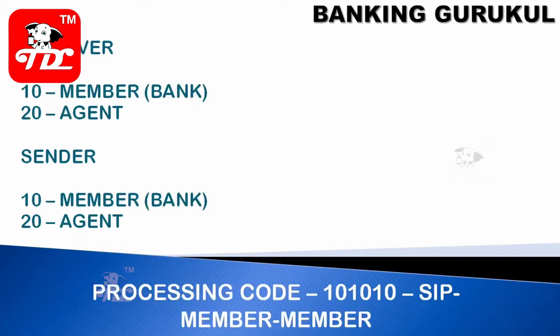In the same way, in ISO 8583 messages we have a receiver and sender code also. For example, 10 means member: you are an institute or a bank, you are a member in FPS, then your receiver will be 10, which means your receiver is also a member of FPS. If it is 20, you are an agent of a member, meaning directly you are not involved in FPS transactions, you are participating in FPS through X, which may be a bank or a financial institution. So receiver 10 means a member in FPS, he may be a bank or an institute.